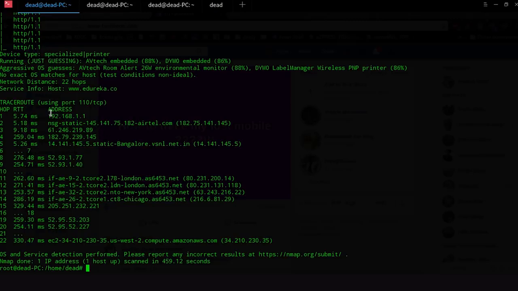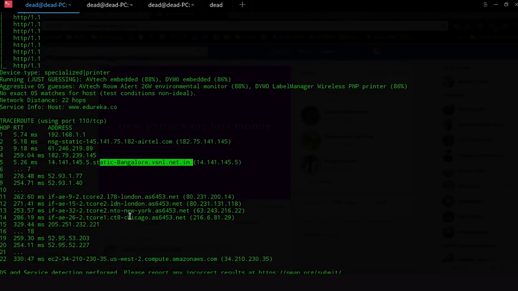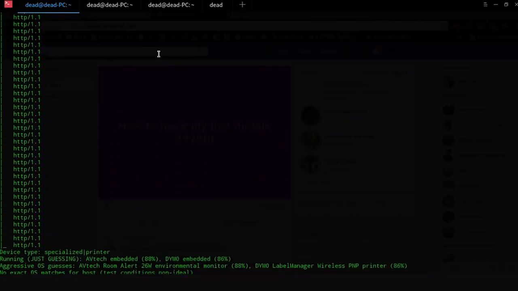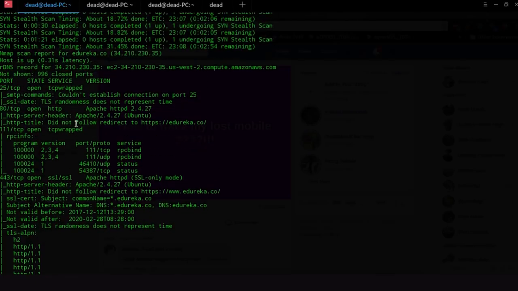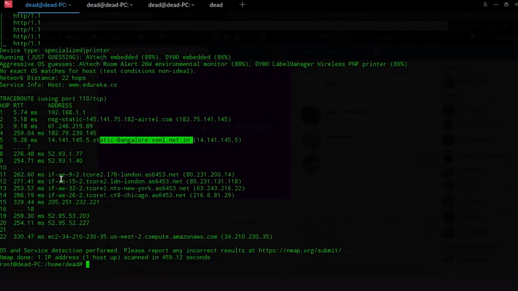First, the first hop was to the gateway router, that is 192.168.1.1. Then it went to the Airtel lease line, then to this IP address, then to BSNL VSNL.net, and it went to London, New York, then Chicago, and all the way up to wherever this thing is hosted. That was some information, and then there is some other information given to us, like the TCP open, TCP wrap, program versions, port types, port states, and all sorts of other information